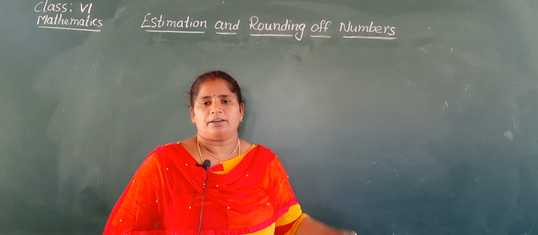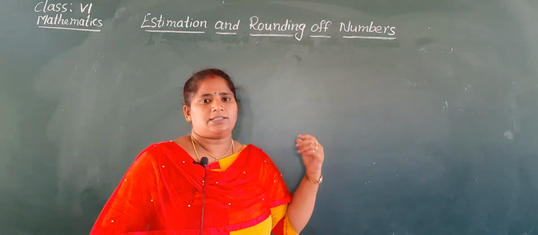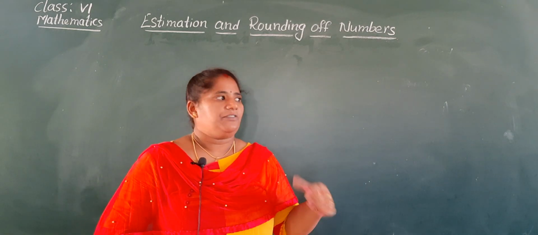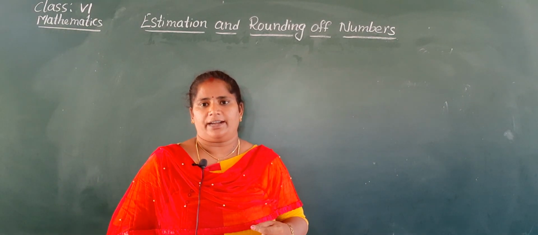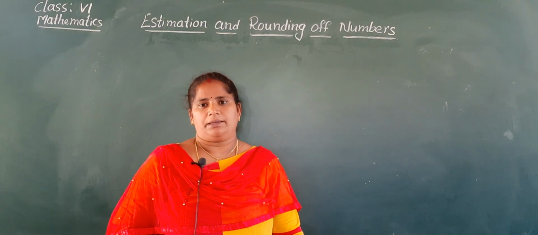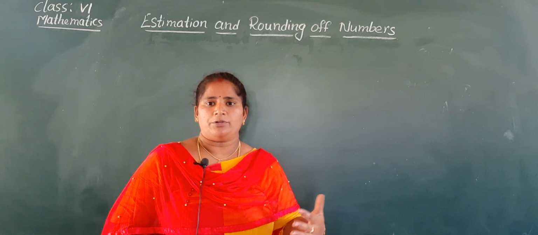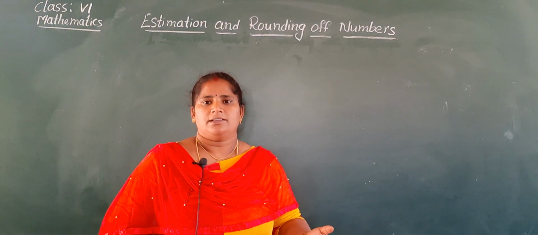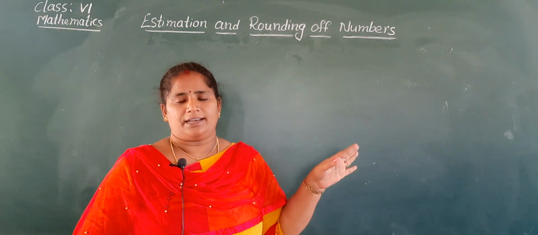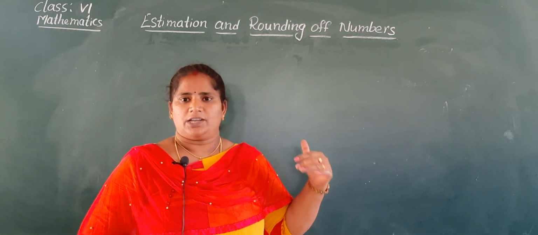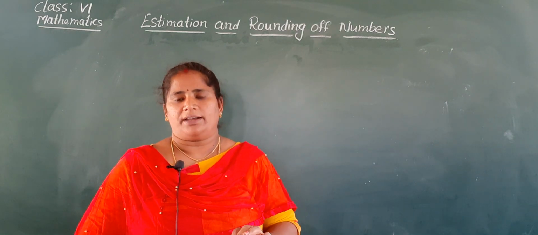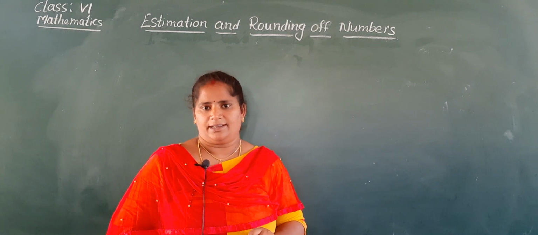Rounding of numbers helps us to find the approximate value. Suppose I take a t-shirt at 549 rupees and a pant for 620 rupees. So how much amount will I give to the shopkeeper? Just by rounding off those numbers, 549 is 500, 623 is 600. Nearly I will give 1100, isn't it?